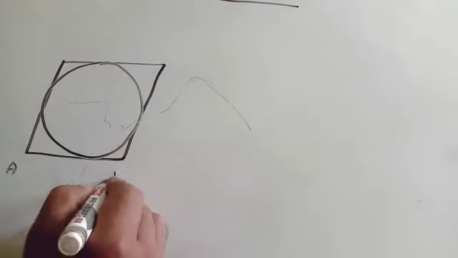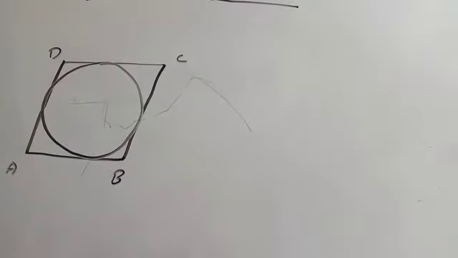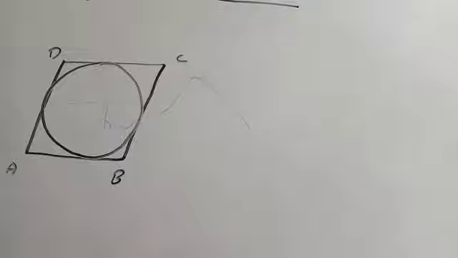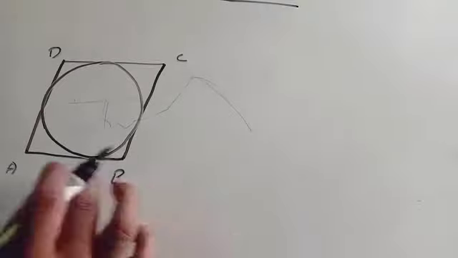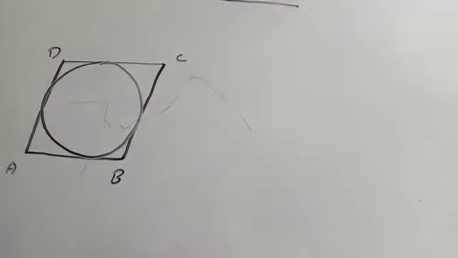Let us say, pause the video and try. Okay, now I'll explain the solution. Let us say ABCD is a parallelogram. Parallelogram means what? Opposite sides length are equal, obviously, correct? So AB is equal to CD and BC is equal to AD.